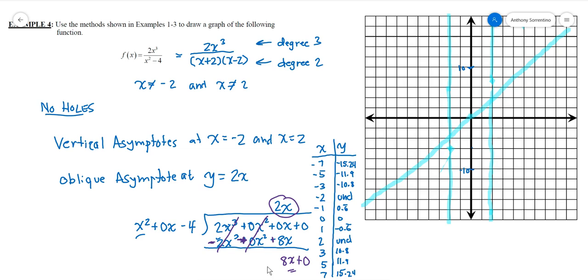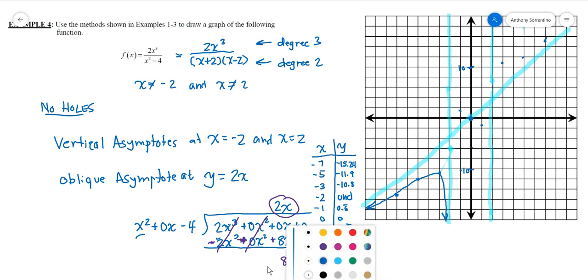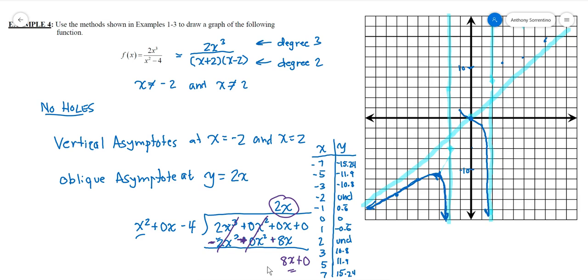So let's plot these points now, and I'm going to again fast motion this part. So there's approximately where the points would go. But knowing about what the graph's doing, I would expect the graph to do something like this. I'll make it a little thicker so we can see it a little better. Here, the graph is passing through my oblique asymptote, but I'm going to expect it to do something along the